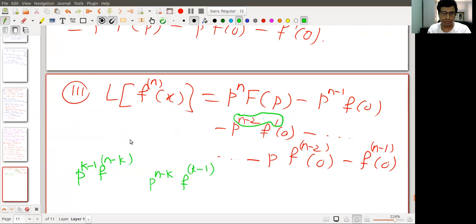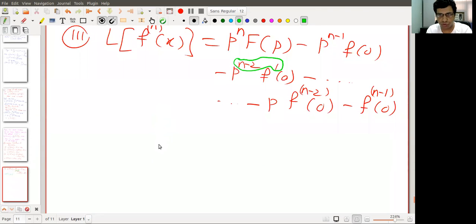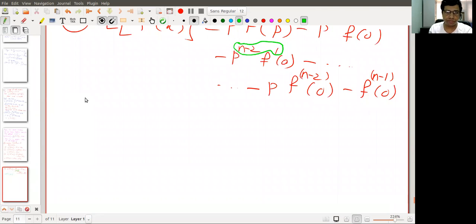Okay, we prove the first property, the second and third are similar. Okay, so as usual we use integration by parts to prove the first. So we have